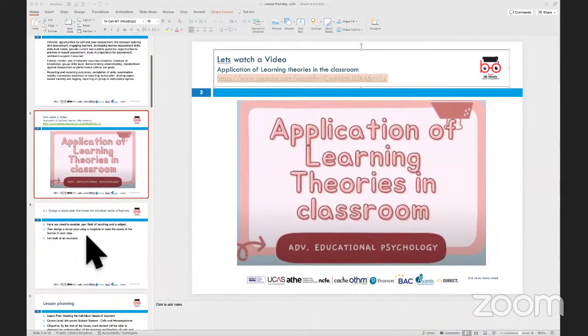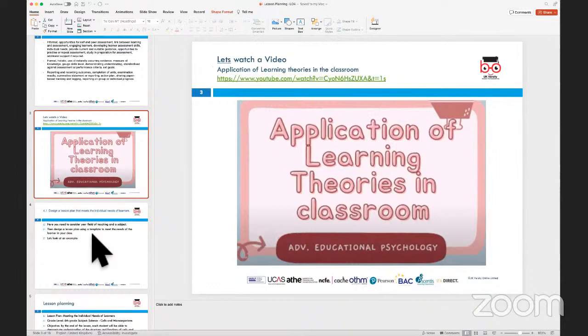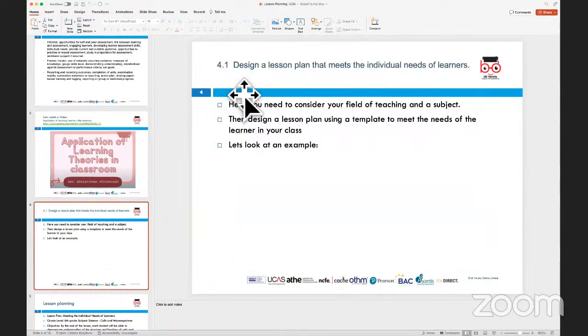Now, with this bit of understanding, let's go into things like the assessment criteria. Here, the first assessment criterion talks about designing a lesson plan that meets the individual needs of learners. What I would suggest is, because we are talking about designing a lesson plan, what we need to